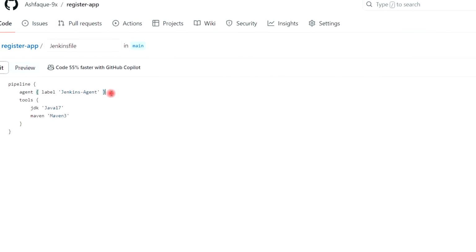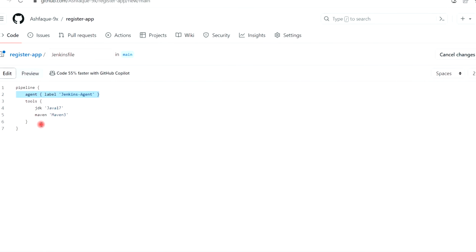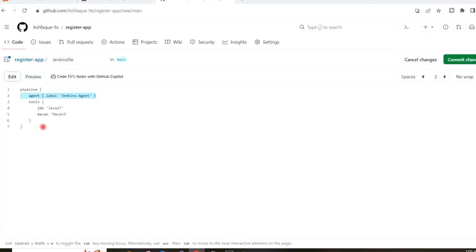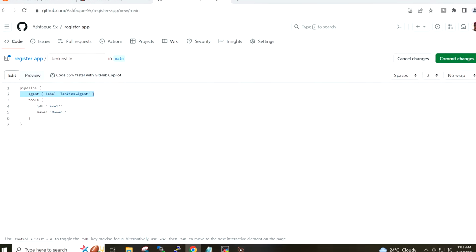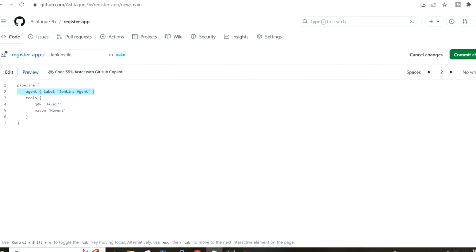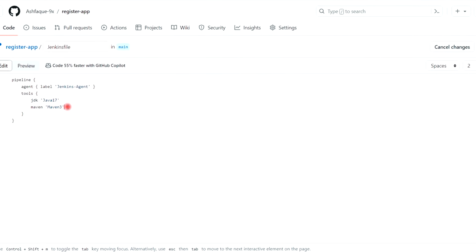Okay, so we have defined our agent and we have recalled the tools. Now we will start creating the stages.